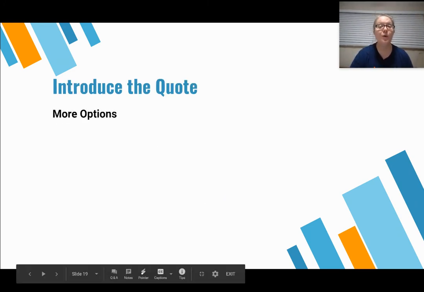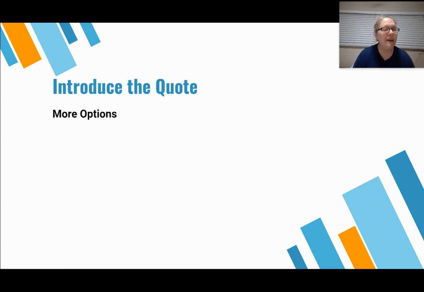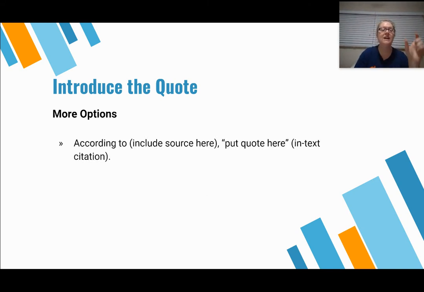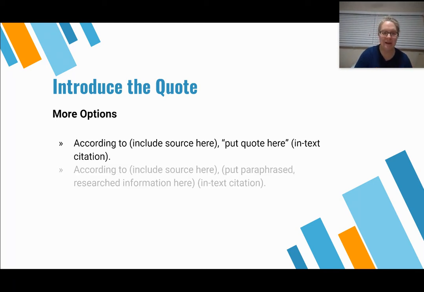So I'm going to show you some more options. This might be a little confusing, but I want to show it to you. When you're ready to try one of these, they're available to you. So the first one is you can say "according to." So according to Dr. Martin Luther King, because your source would go here. Then you use his quote: "I have a dream today that my children," and so on, and then at the end, we would add a citation. I know you don't know what that means yet. It's coming up next in the video, so stay tuned.